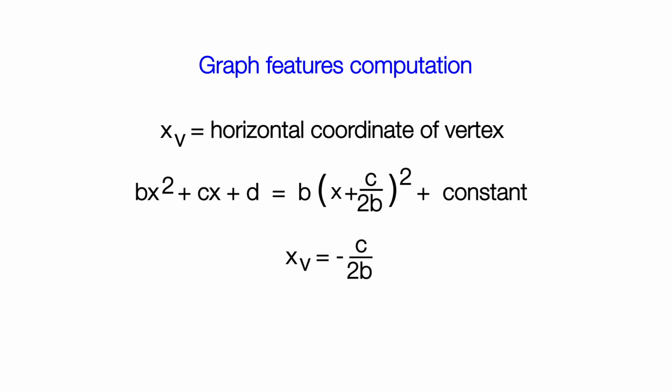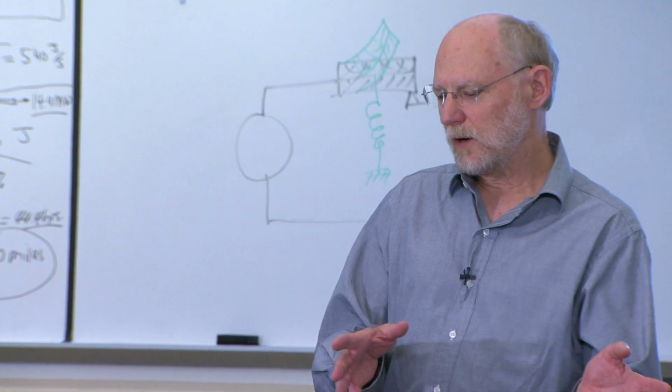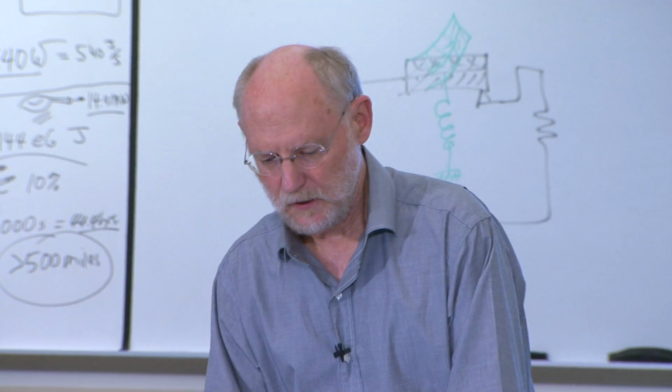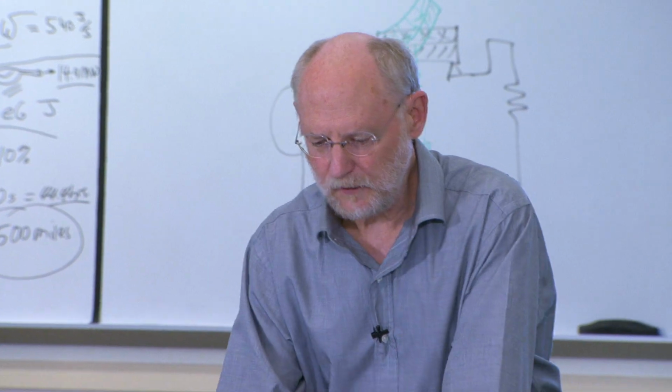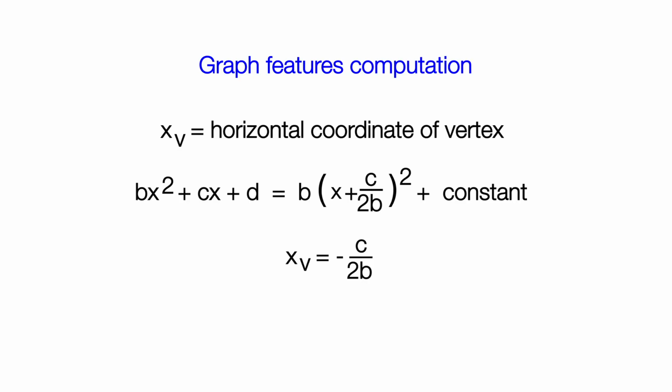And you can find that by setting the derivative equal to 0, or you can just do it with algebra, and that's called completing the square. So if I complete the square, that's this algebraic construction that gets rid of the middle term and writes it inside of the square of something. And if you think about it, it's got to have this form, x plus c over 2b is the right thing to put there. Because when you FOIL it out, it comes out with a cx in the middle.